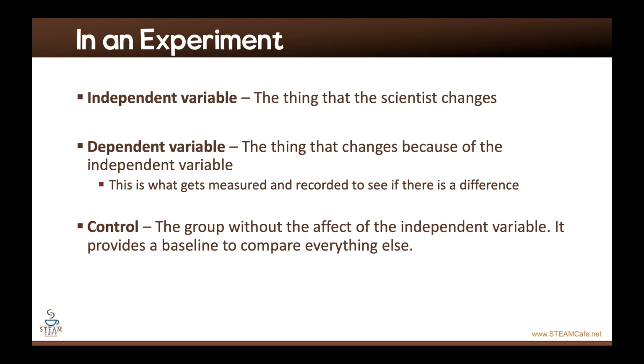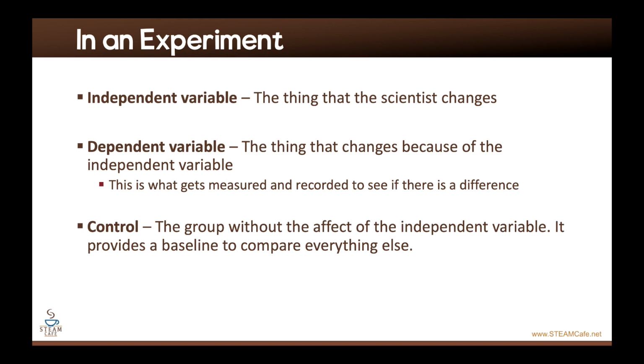Okay? Now, that's why I said the thing that the scientist changes is the independent variable. And I know these can get confusing. The way I think about it is the independent variable is the one thing that is changed in all the different groups. Other than that, everything else should be consistent and the same. Now, this is important because if you have more than one factor that's different in each of your experimental groups, how do you know then which factor actually correlates to the results that you get?